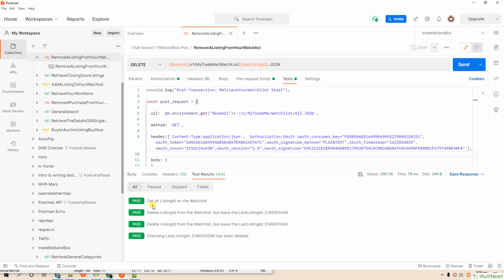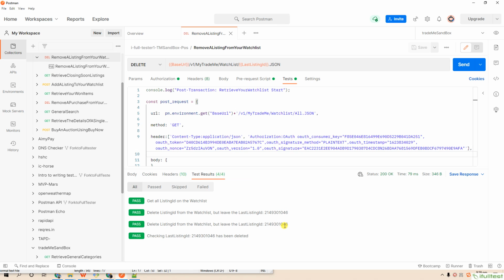The first pre-request retrieval watch list gets all the items on the watch list. The second pre-request, which is the same API as our main API, circulates to delete all but the last item on the watch list.